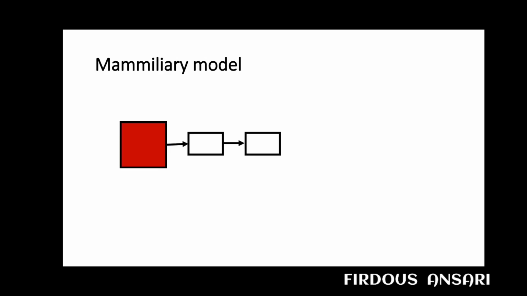Next comes the mammillary model. This is the most commonly used model. Here we have one or more compartments that are attached to the central compartment. Here in red color I have made the central compartment, and attached to it are other compartments, the peripheral compartments. The central compartment includes blood, liver, lungs and kidneys, because blood flow in these organs is maximum and continuous, and these areas rapidly equilibrate with the drug in the blood.